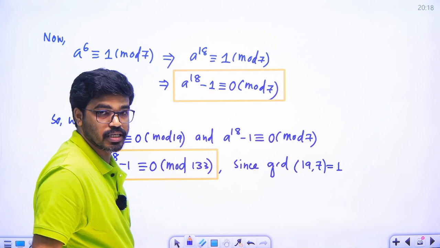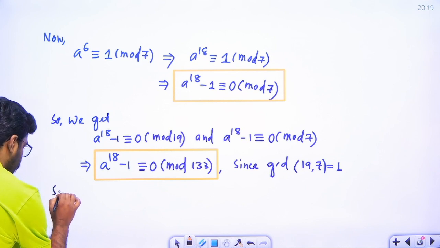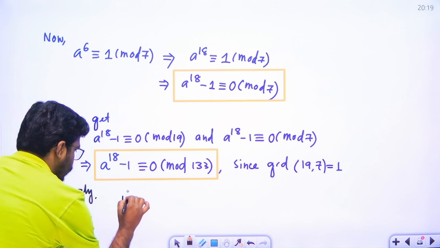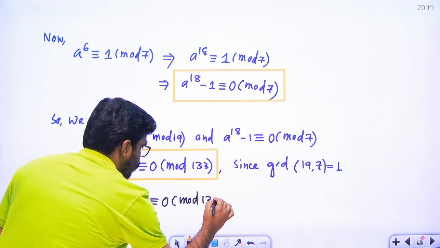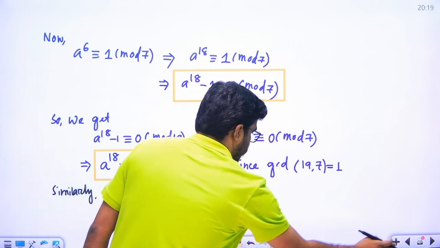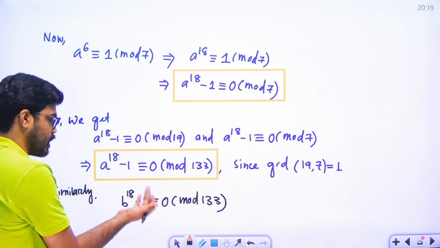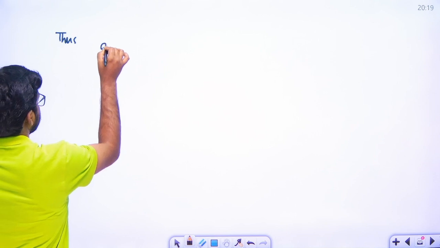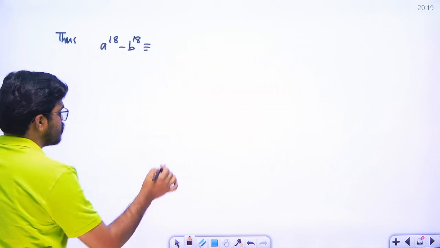Similarly, we can prove that b to the power 18 minus 1 is congruent to 0 modulo 133. Now if we subtract, what do we get? This minus this, that is a to the power 18 minus b to the power 18, the minus 1 and plus 1 cancel. So therefore, a to the power 18 minus b to the power 18 is congruent to 0